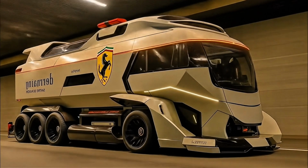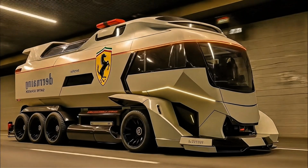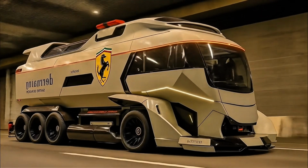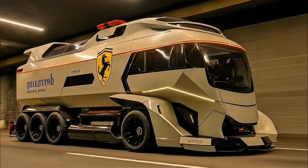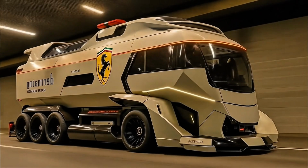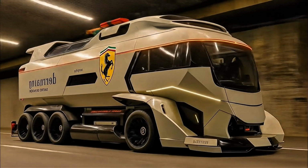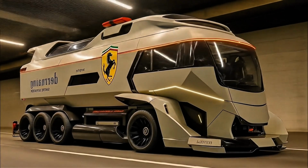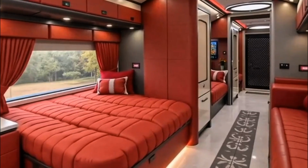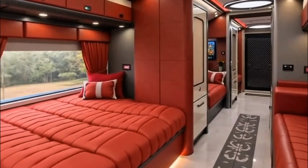Unlike traditional motorhomes, which are heavy and sluggish, Ferrari has equipped this vehicle with a hybrid powertrain. It combines a twin-turbocharged V8 engine with electric motors, producing an incredible 800 horsepower. This allows the motorhome to accelerate from 0 to 60 mph in just under 5 seconds, which is absolutely unheard of in this category. The top speed is electronically limited to 155 mph, ensuring safety but still giving drivers the thrill of Ferrari power